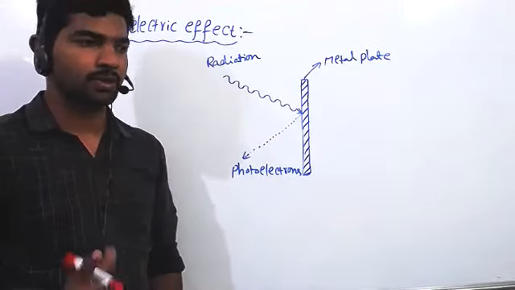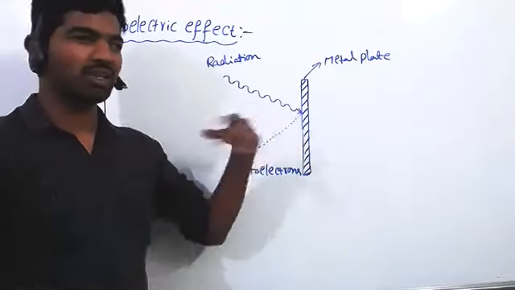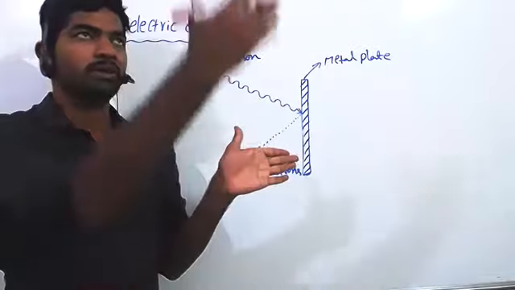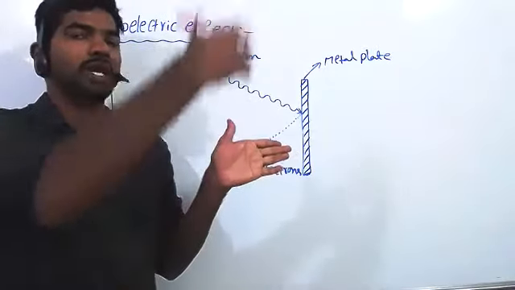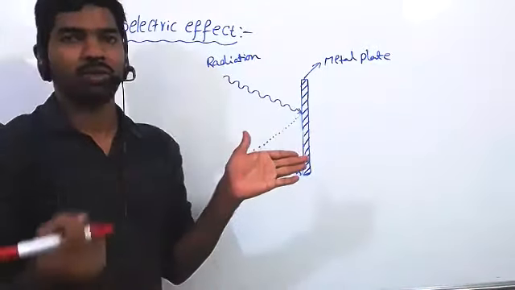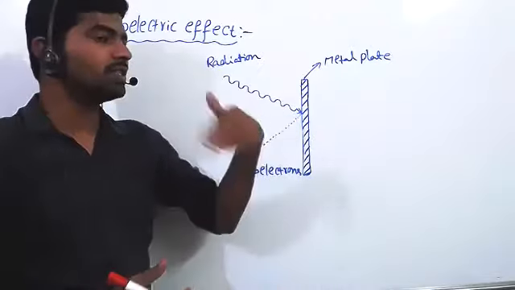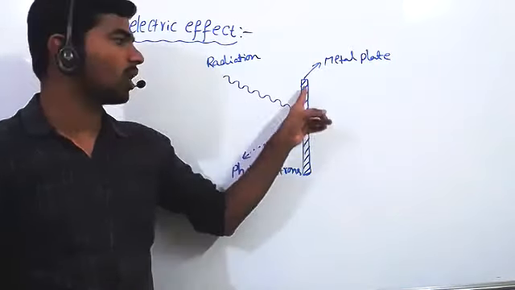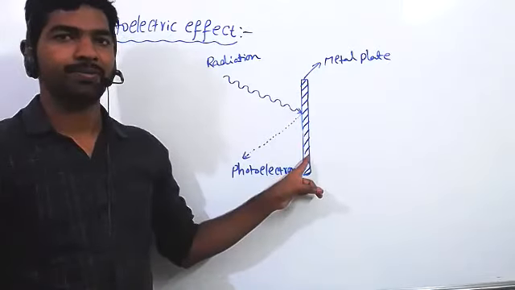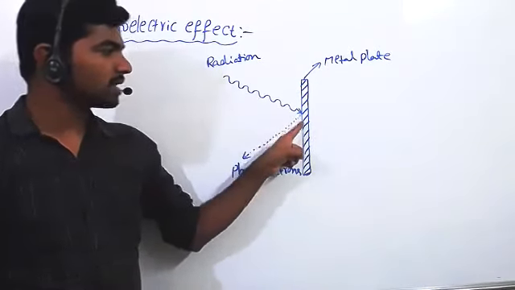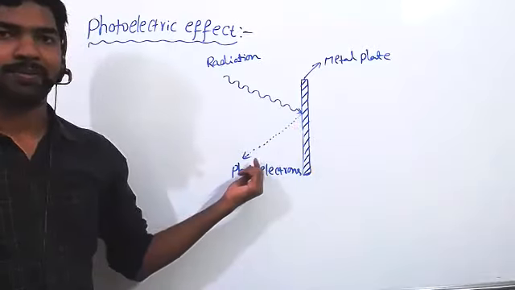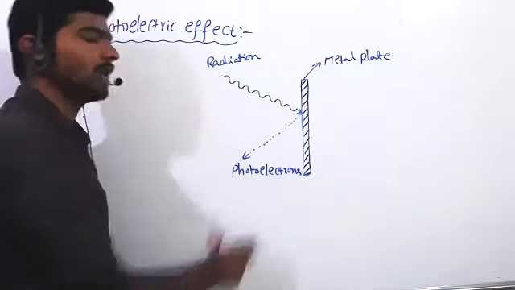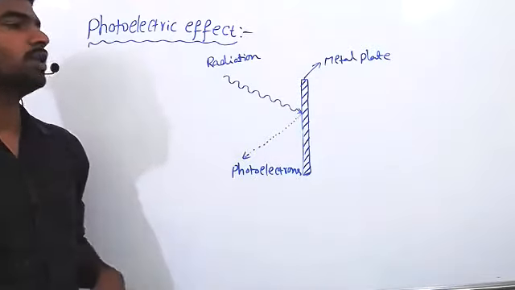Sir, can you repeat? When a sufficient frequency, not all radiations. Even this light is also giving some radiation. When you keep any metal plate exposed to that light, no electrons come out. But we have to expose a sufficient frequency of radiation, meaning high powerful radiation we have to allow to fall on the metal plate. Then some electrons come out from the metal plate. Those electrons are moving with some velocity also. These electrons are called photoelectrons, and this whole phenomenon we are calling the photoelectric effect.